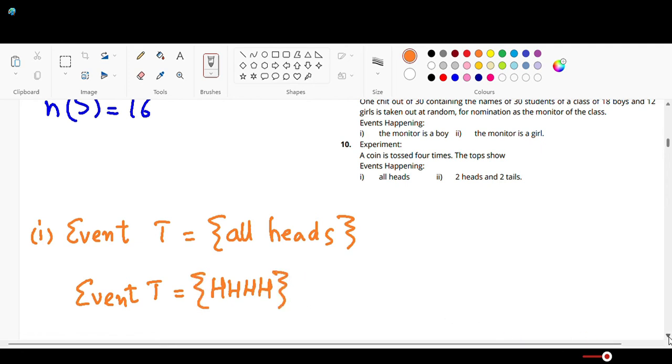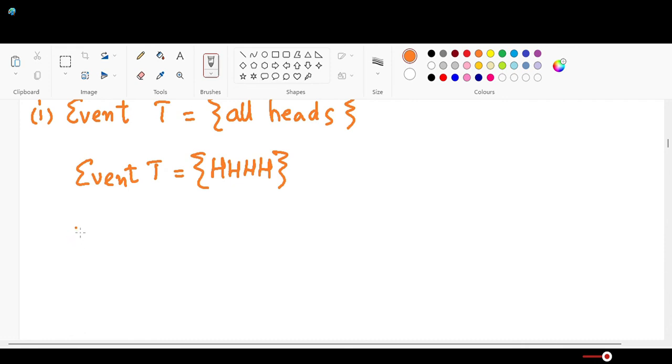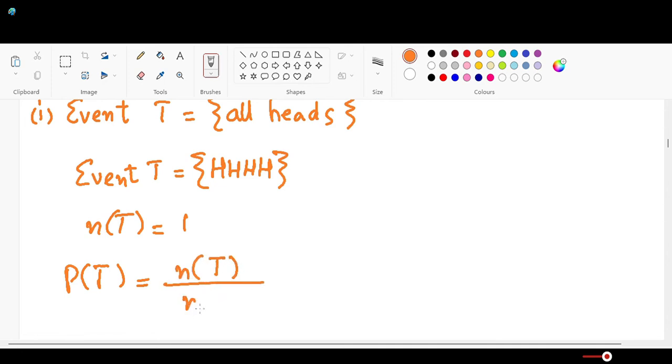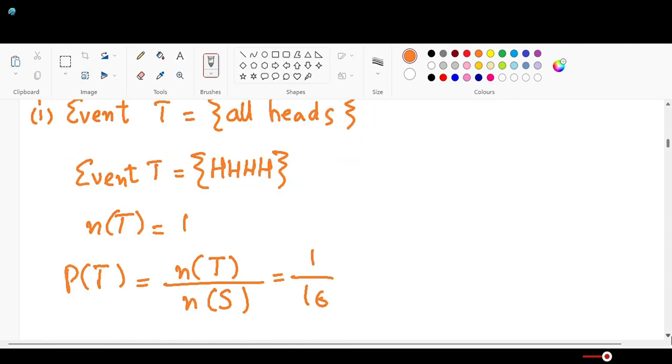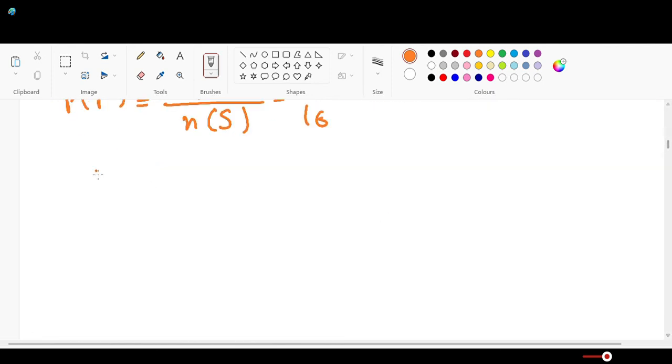So number of elements in event T is 1, and the probability of event T taking place is number of elements in event T divided by number of elements in the sample set, or sample space, which gives us 1 over 16. So we have a 16th chance or possibility of getting all heads, right? And what is event number 2? Event number 2,